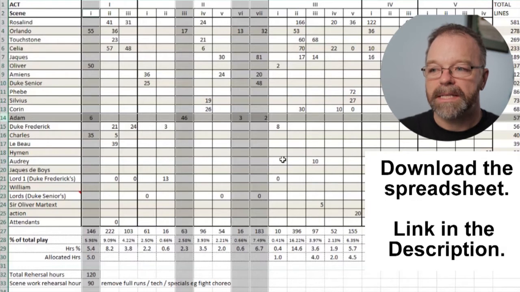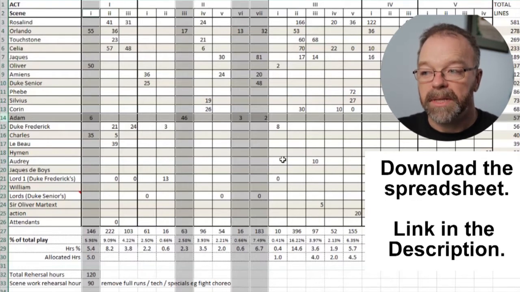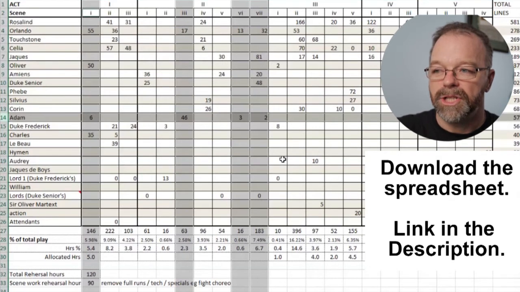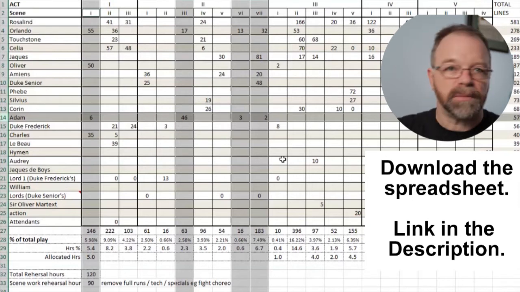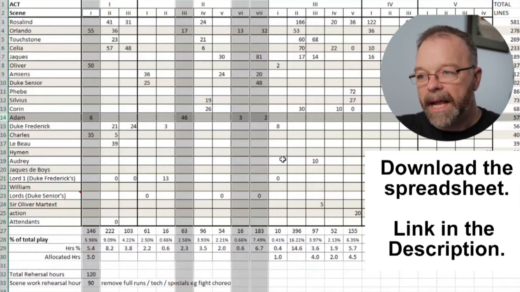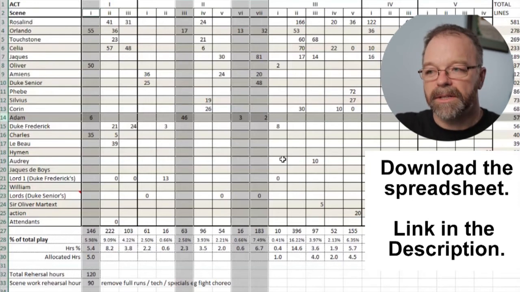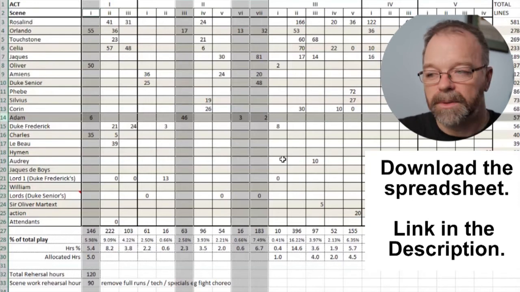You could flip it the other way and start with all 4 actors working that scene, or you might start with Act 1, Scene 1, because it's Act 1, Scene 1 of the play. Oliver can go home. You might then jump to Act 2, Scene 7, so the other actors turn up, and you get the bulk of your actors in early, and then you run the 2 scenes at the end with just Adam and Orlando, so that you're sending people home as early as possible as well.